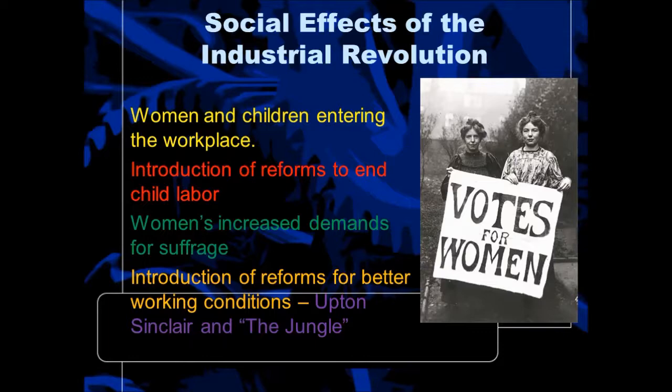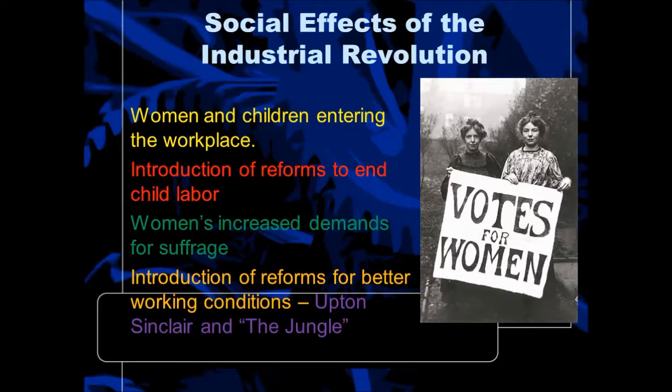So women were the ones that actually started to speak out against what was happening to the kids in these factories. They saw what was happening, and they decided that the only way to make a real change was to get the right to vote. So allowing women in got somebody to say, hey, we're treating kids wrong, which led to the idea that women should be allowed to have the vote. So it's a domino effect, just like most of history.